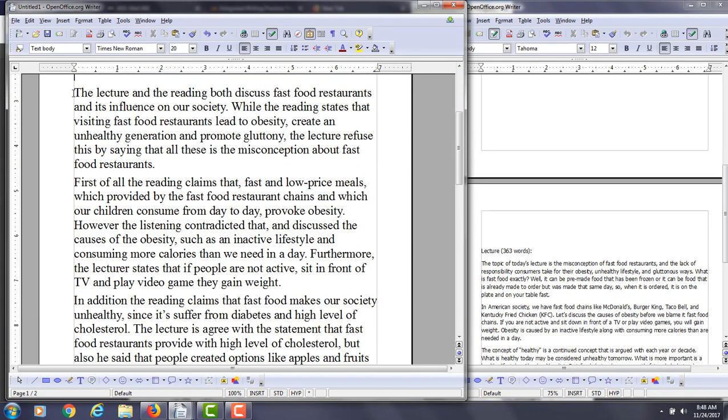So in the introduction you say the lecture and the reading both discuss fast food restaurants and its influence on our society, while the reading states that visiting fast food restaurants leads to obesity, because you're using visiting fast food restaurants, a gerund phrase, which means you want to have a singular verb here, leads to obesity, creates an unhealthy generation, and promotes gluttony. The lecture refuses this